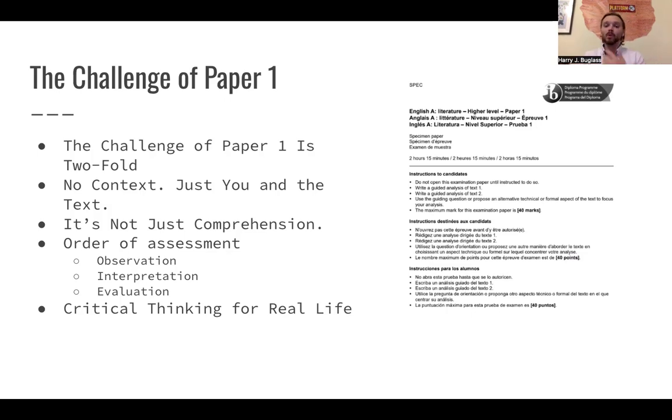purpose. In other words, paper one teaches the kind of critical thinking we want our students to take beyond the classroom. I would, again, refer back to my first comment. This is, for me, what makes it the most important paper within the English A program. How to read a message, not just for what it says, but how and why it says something in a particular way. So rather than raising yes men and women for the world, teaching them to question everything,